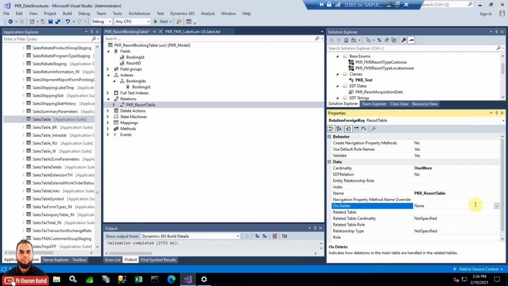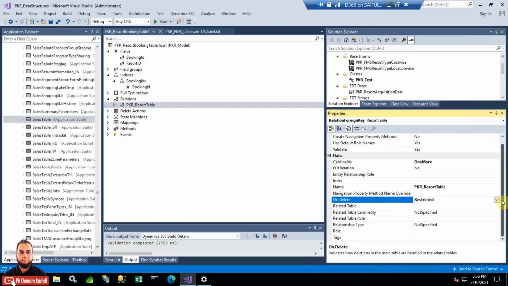On delete, we need to make it restricted so that it will not allow to remove the parent until the corresponding information in, for example, booking table here, child information is also deleted. So the cardinality is one or more, and related table will be definitely